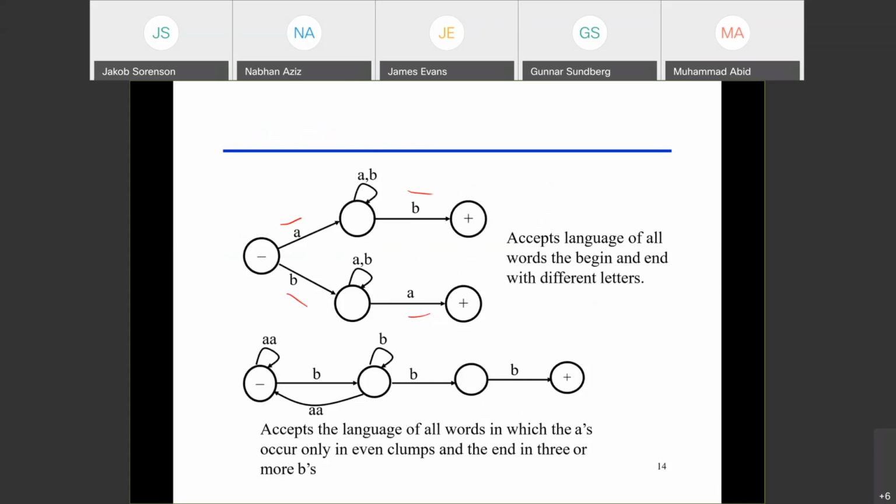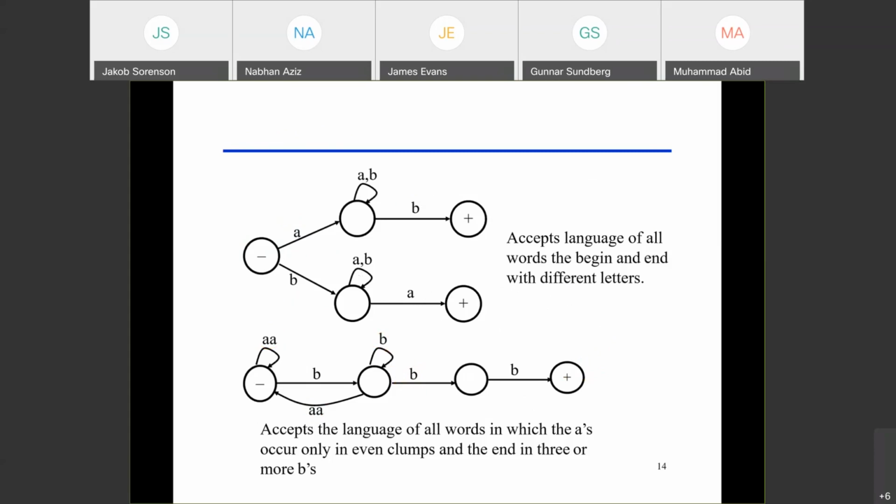Now we have another machine which is a valid TG but not a valid FA because you see that it has two A's here and two A's here, and look at this one, a second B. So too many B's are outgoing edges. All these mistakes make this machine an invalid FA. And we are not taking care of garbage collection here, so this is also a problem. But this is a valid TG. TG does not have any issue with this. TG says, oh, this is fine.